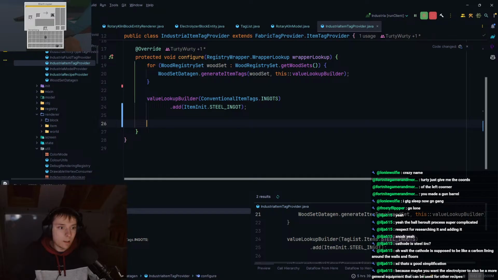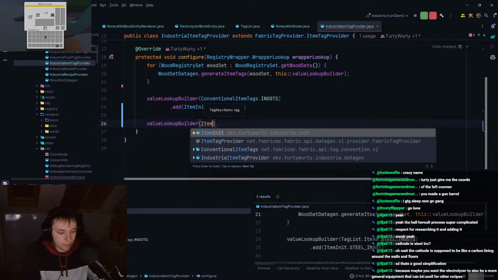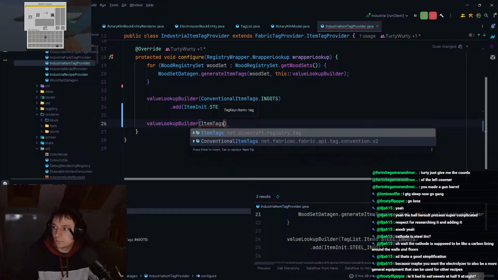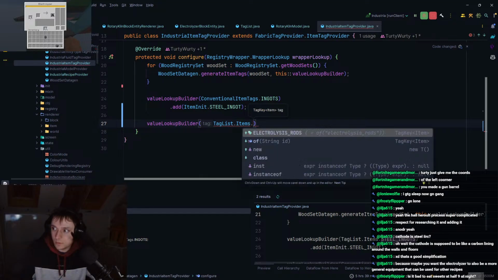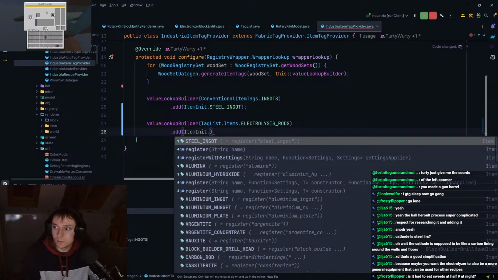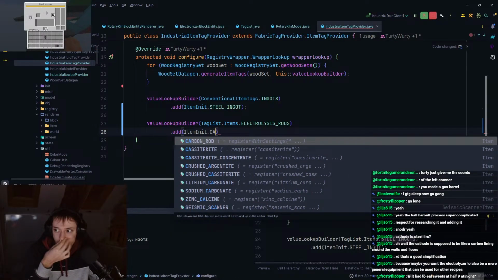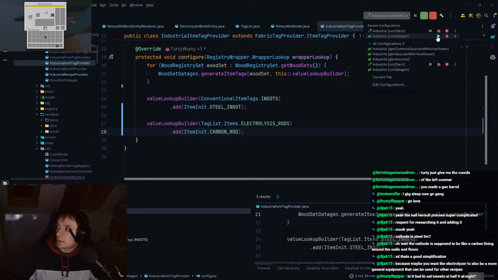Whatever. Anyways, let's go value lookup provider. Let's go item tags, or what did I call it? Tag list dot items dot electrolysis rods, and then let's do add item minute dot carbon rod. And then if we quickly just go ahead and run data gen,